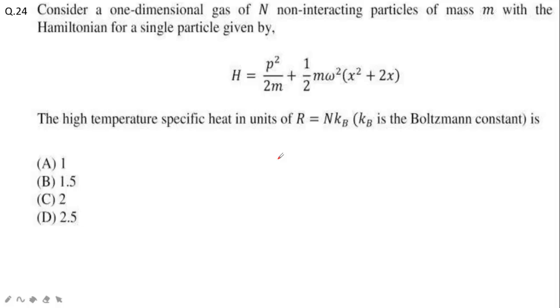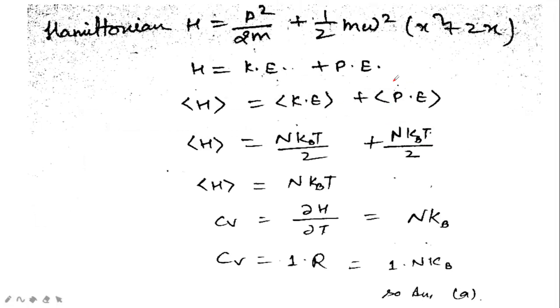हाई टेम्परेचर पे स्पेसिफिक हीट बतानी है आपको R की यूनिट्स में. देखिए यहाँ पे 3 टर्म्स हैं. एक टर्म काइनेटिक एनर्जी के लिए और 2 टर्म पोटेंशियल एनर्जी के लिए. The first one is half m omega square x square and the second one is m omega square x. Okay, so how we will solve these types of questions? So this is kinetic energy plus potential energy. The average of kinetic energy will have half kBT. The average of potential energy will have half kBT, and the average of x,